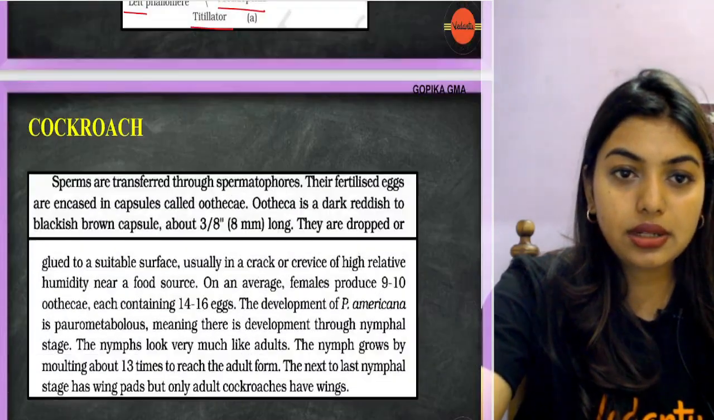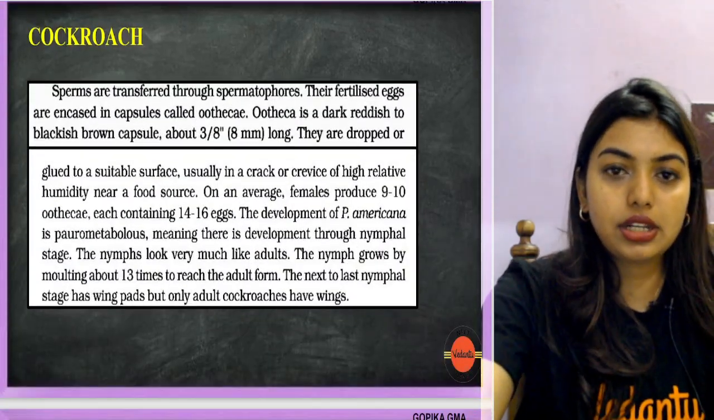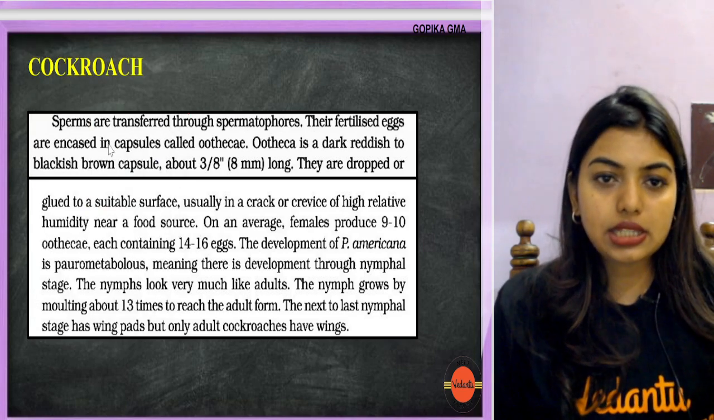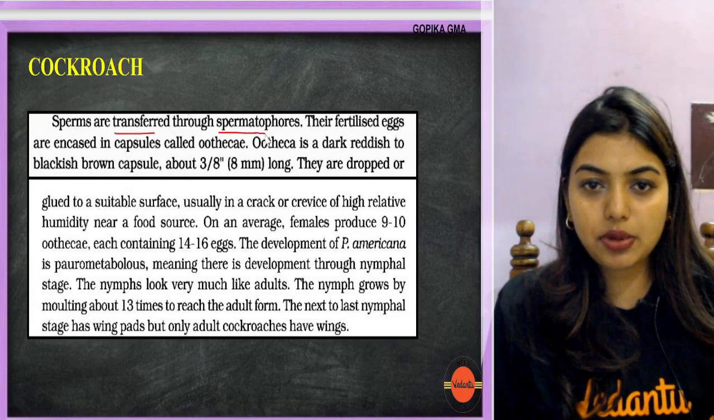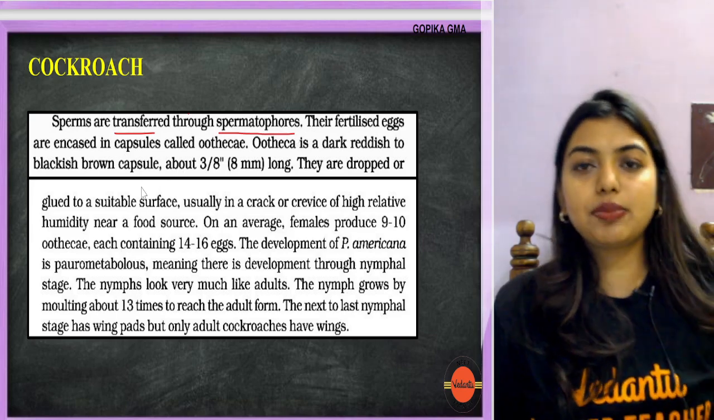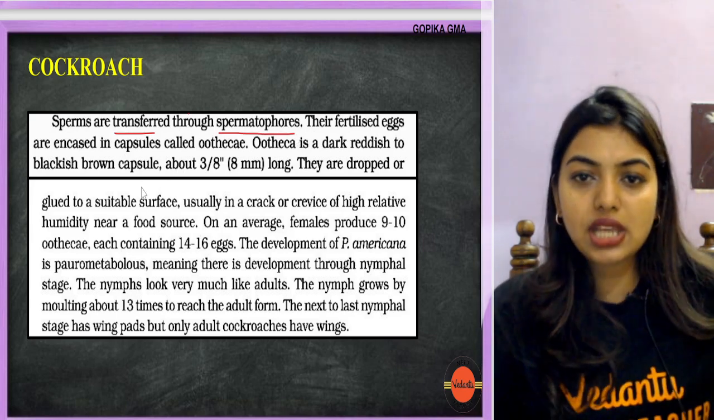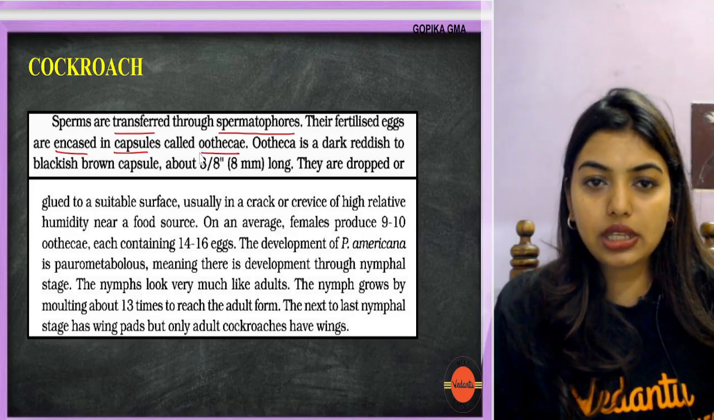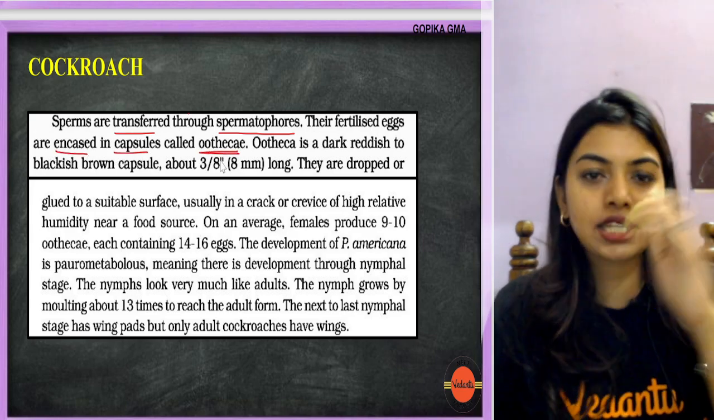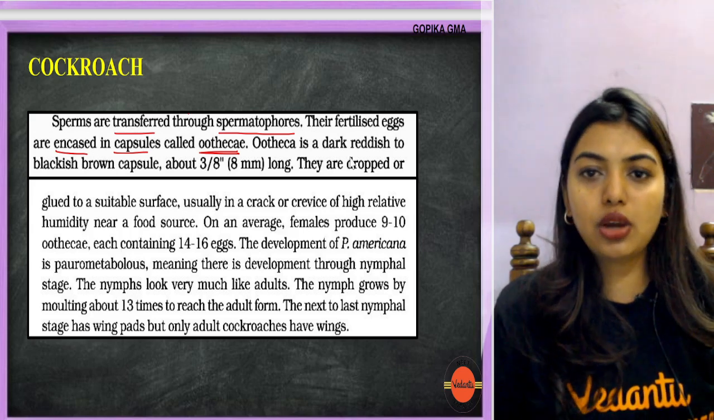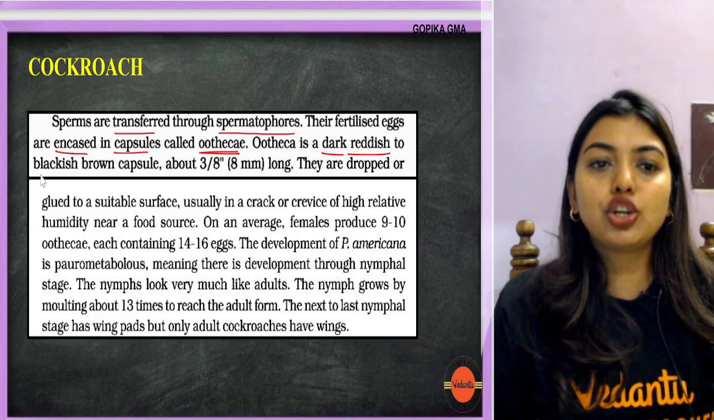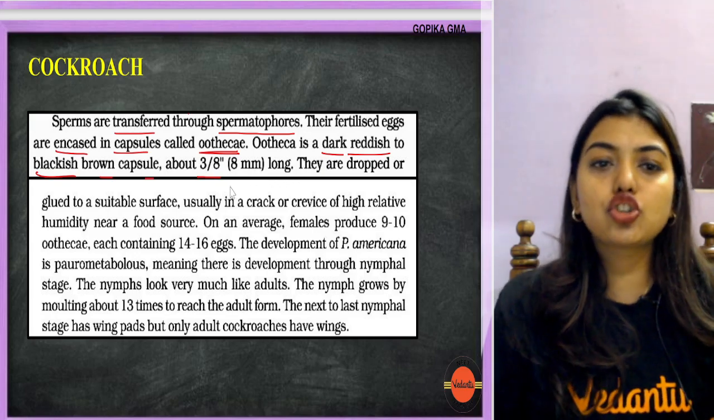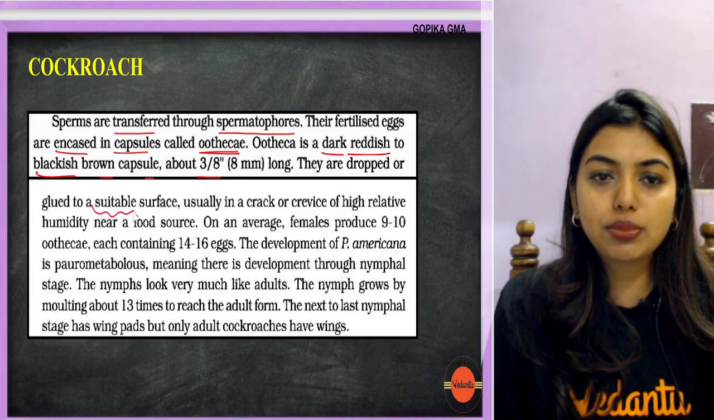So this is done. Now look here, they'll tell you the rest of the story. Sperms are transferred through the spermatophores. Their fertilized eggs are encased in capsules called utika. I told you, the fertilized eggs will be in a capsule called utika. Utika is a dark reddish to blackish brown capsule about 8 mm long. They are dropped or glued to a suitable surface,